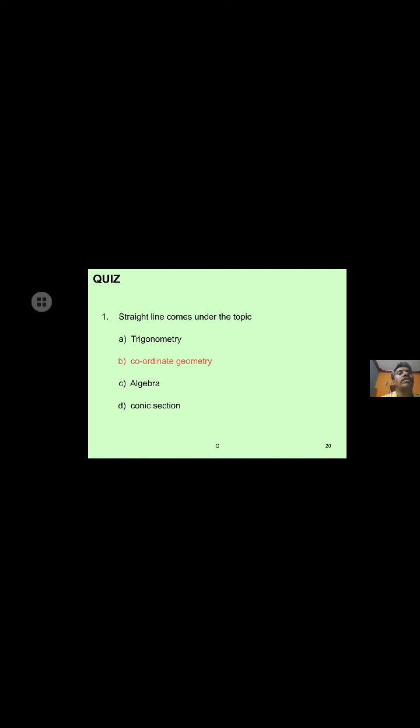So here the answer is highlighted in red color. Next, the general equation of a straight line. We already discussed this, and we know it at school level also. Line means straight line, the same thing. Sometimes a straight line is simply called a line. So the general equation of the line